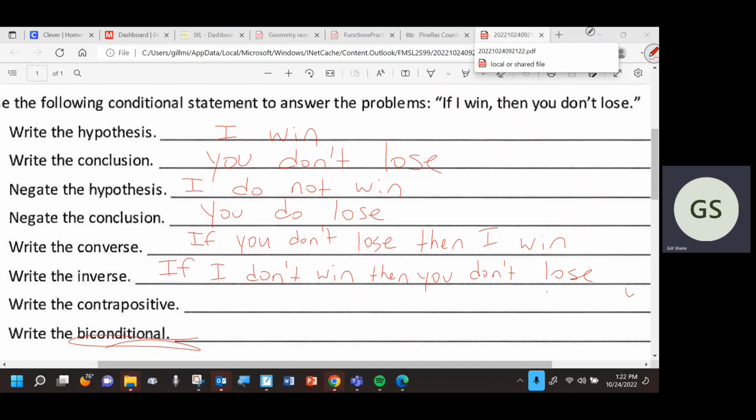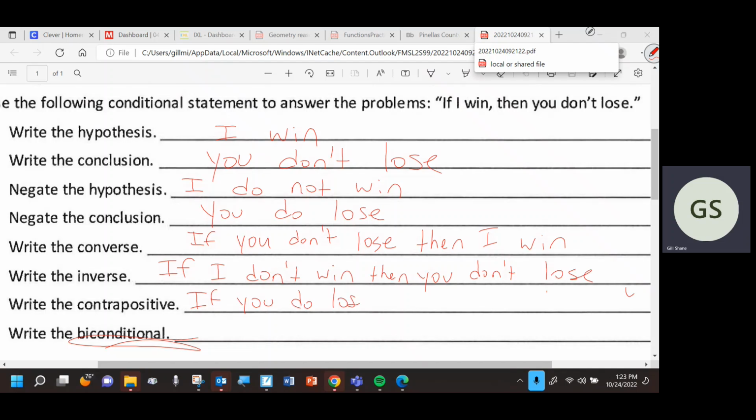If you don't lose. Perfect. If you don't lose, then you don't win. I do not win. Yeah, so that would be the contrapositive. If you don't lose, because now I'm reversing and putting the negated conclusion first, which we already did. So actually it would be if you do lose. Did you say if you don't lose or if you do? Yeah, it would actually be if you do lose. We're negating the original conclusion, which is you don't lose. So if you do lose,